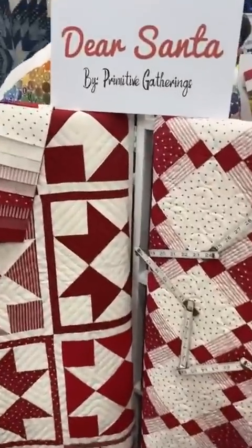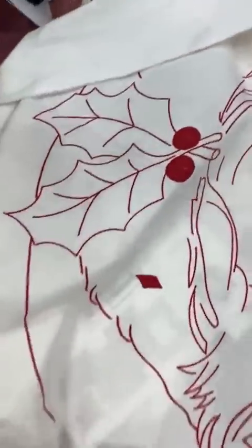All right, so over here, let's move on to Dear Santa, Primitive Gatherings. Lisa's here. She's gonna sneak out, say hi. Say hi. All right, so Lisa is doing her red work embroidery on this Dear Santa panel, which is